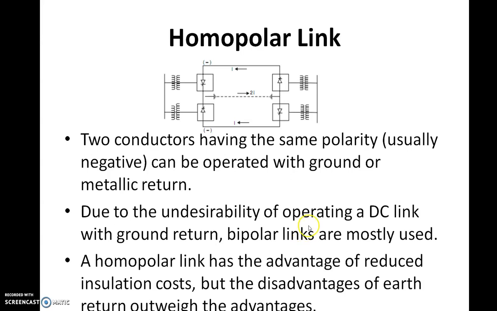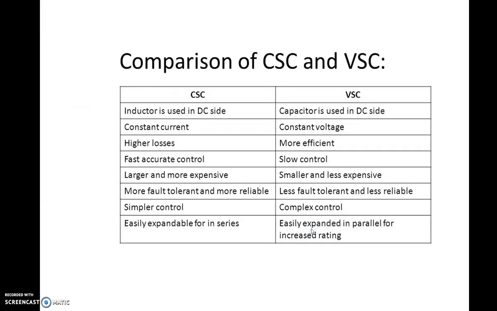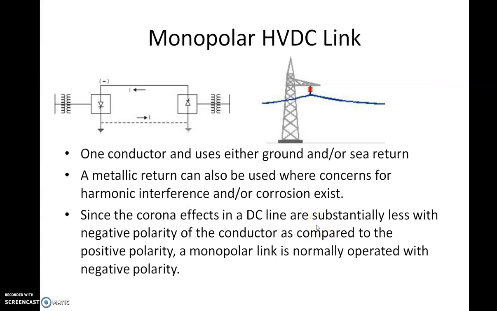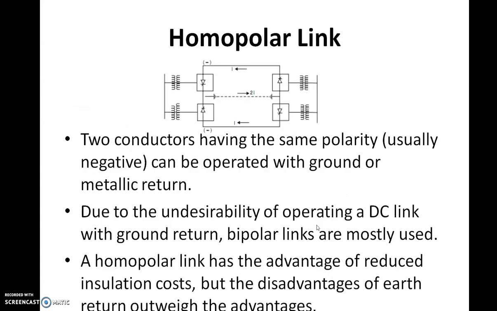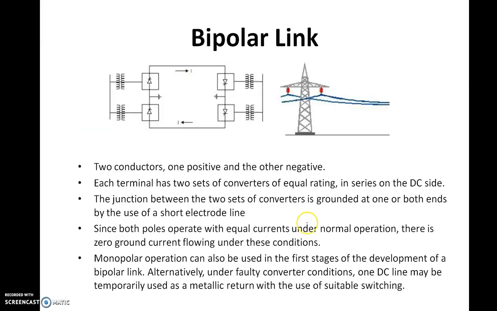So theoretically all three options are possible. That means you can go for a monopolar link, you can go for a bipolar link, and you can as well go for a homopolar link, right? But the most commonly used is the bipolar link. If you go on to the Power Grid Corporation of India's website and search the HVDC links in India, you will find that most of the links are bipolar links. So we have this Chandrapur to Padge bipolar link, right? Of course, these HVDC links will cost much less as compared to three-phase AC systems if the distance is above 500 km.